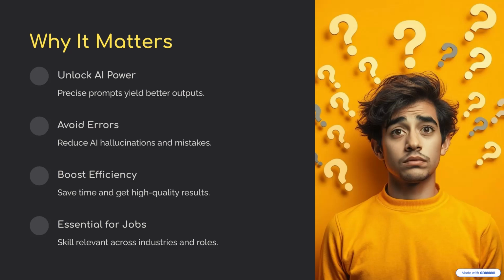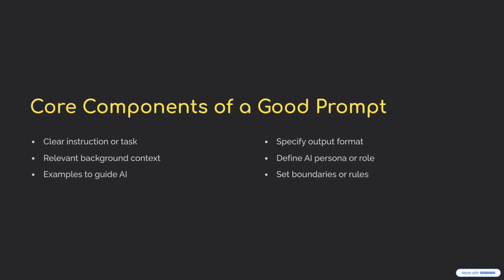Okay, so if we agree it's important, what actually goes into a good prompt? What are the core components? Our sources highlighted a few key building blocks. It seems pretty consistent across the board. First, obviously, you need the actual instruction or the question, the thing you want the AI to do or answer. Pretty much every source agreed you need at least one clear task. Absolutely. Then there's context, background info, anything the AI needs to know to understand your request properly. And this seems really important for getting specific, actionable results. Giving it the right background makes a huge difference.